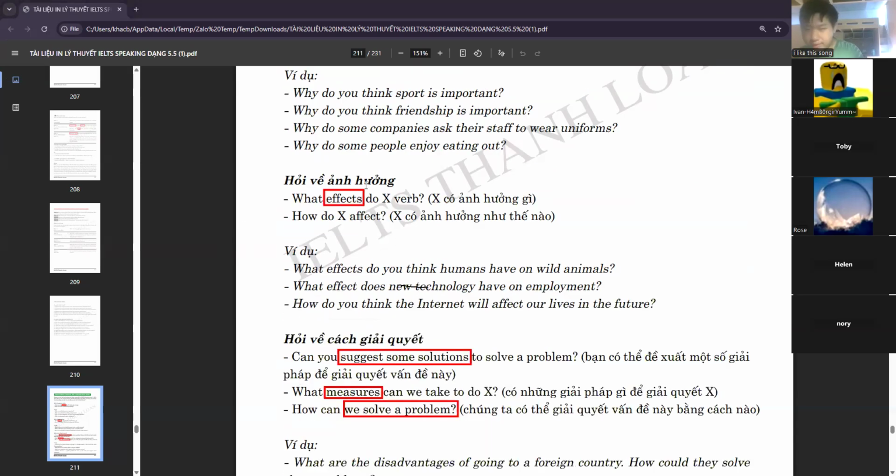The next are the effects. Now, what do I mean by the effects? The effects are basically, if you have a cause, you need to have an effect. So you need to examine the effects of whatever issue we were talking about. We were talking about sports before, so let's take the example again. The examiner may also ask the effects of sports on children, or maybe on a specific age. You can say that it's pretty healthy. It improves their overall health.